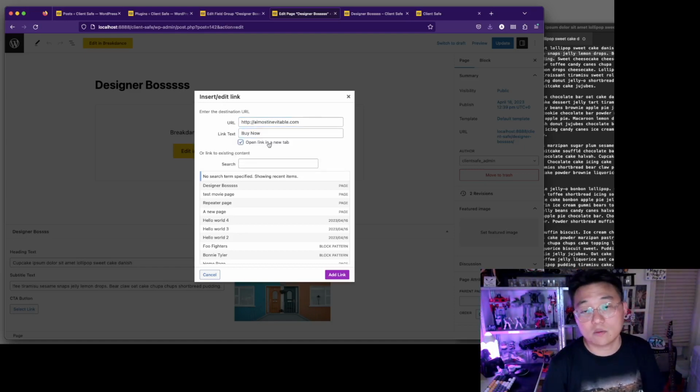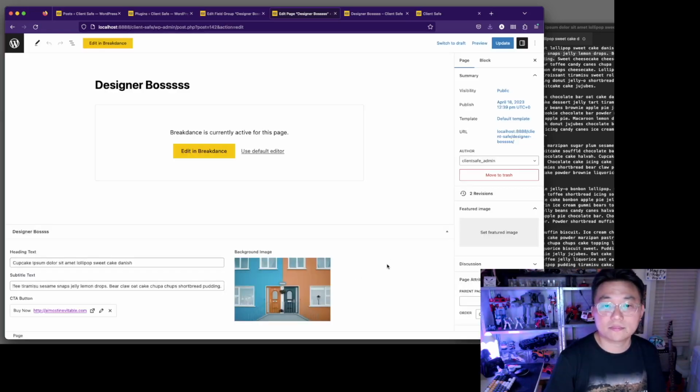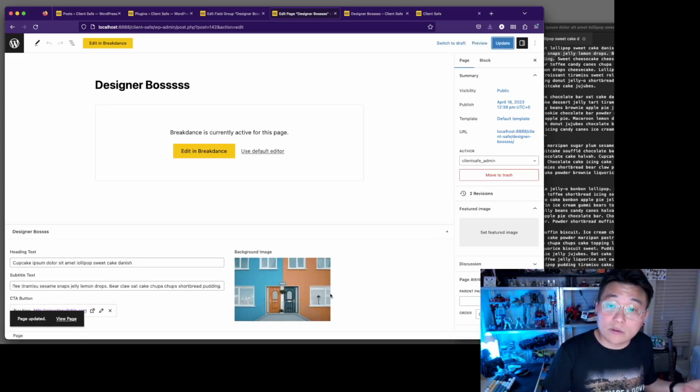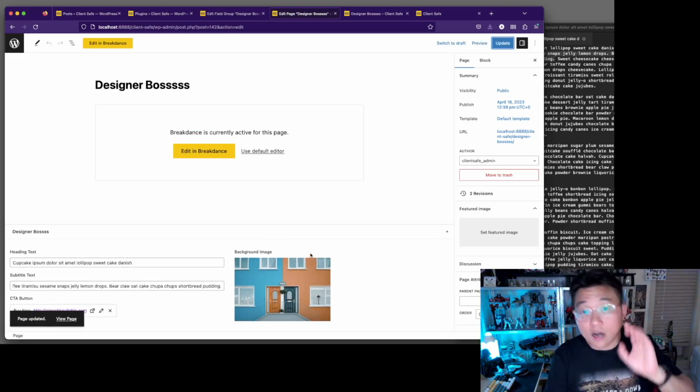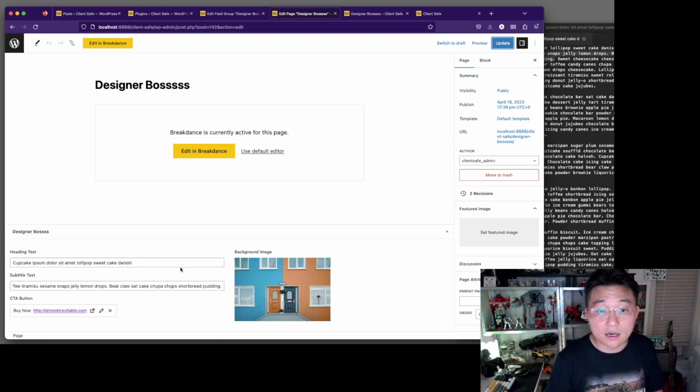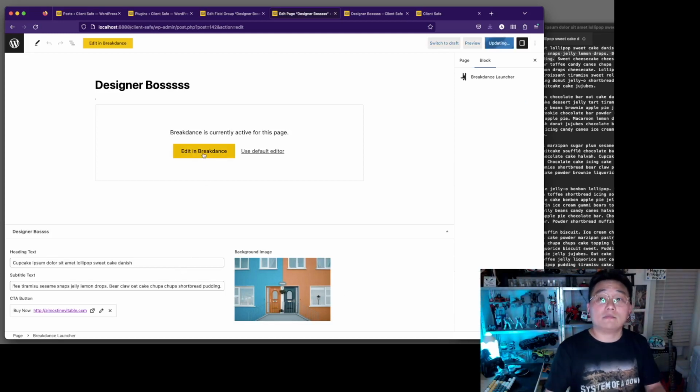Buy now. Open link in a new tab. That should work. All right, let's update that. All right, all good. Now, how will we make this load on the front end? You can already see that this is great for people who will be editing on their own, right? Okay. Now,